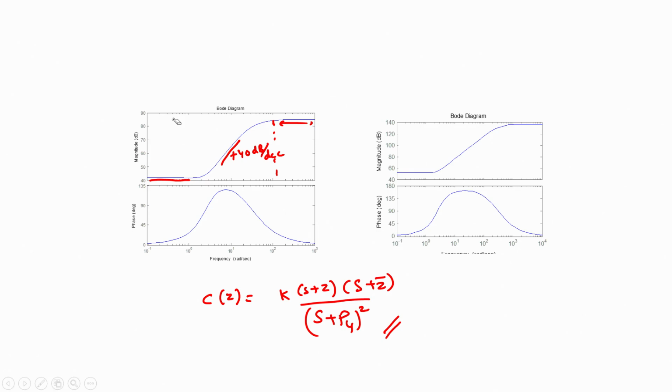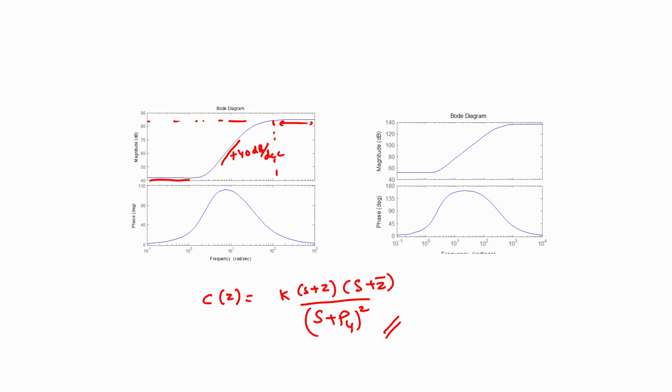What is a little worrisome about this characteristic is that for frequencies beyond P4 we note that the magnitude of the controller transfer function has to be quite high, namely around 80 decibels. This may be okay because the example we considered was a peculiar one where we assumed very large variation in plant parameters and we imposed a restriction that the closed loop pole should vary by a very small amount in response to variation in the plant's parameters, and this is what has resulted in such a high magnitude for the controller's gain for frequencies beyond P4.